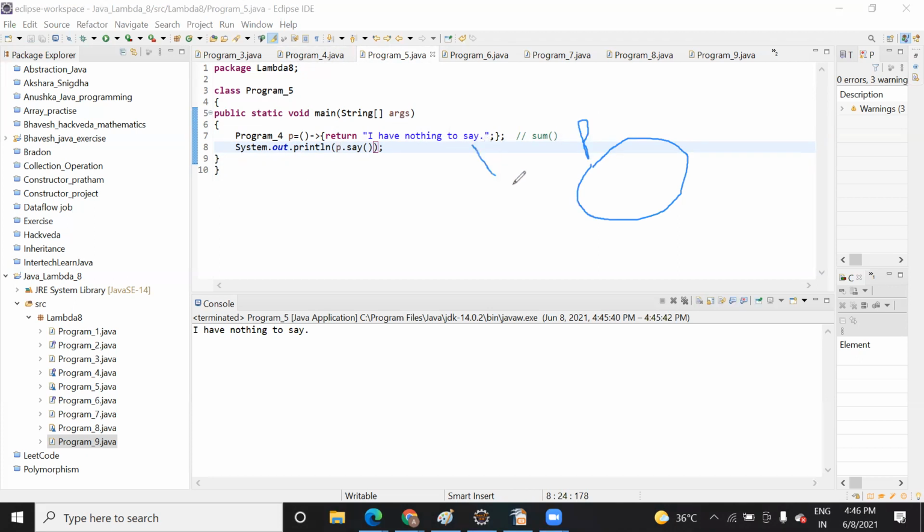Means this is going to be present inside this object with the help of a variable, you can say p. Or if I remove this, then you can just say inside this p object you will have this content. So when you call this method with this p dot say, it is going to print it on your screen.